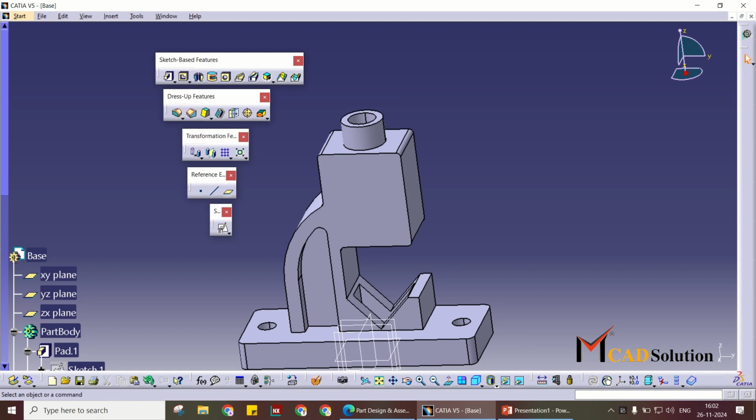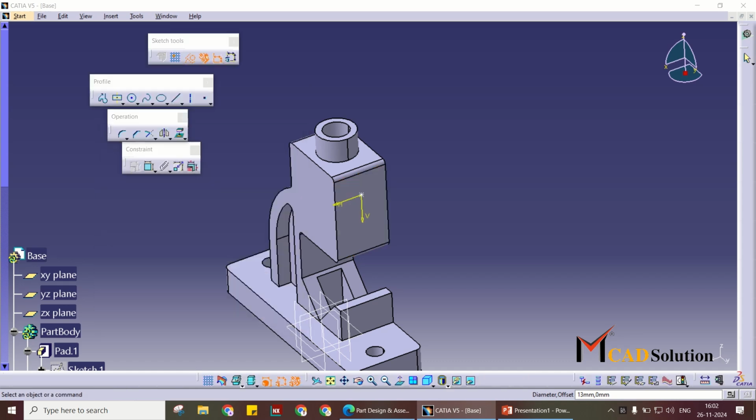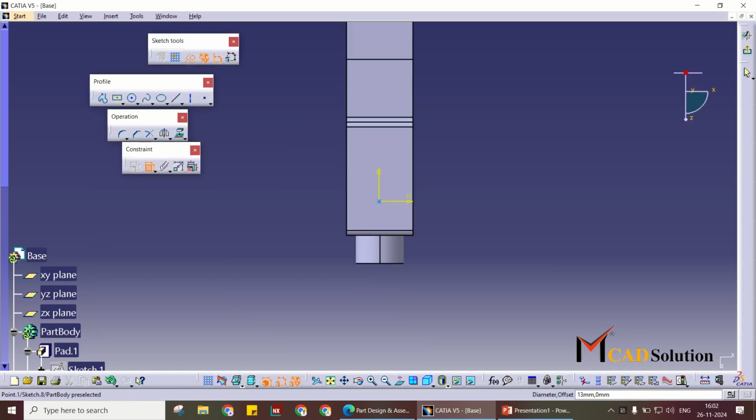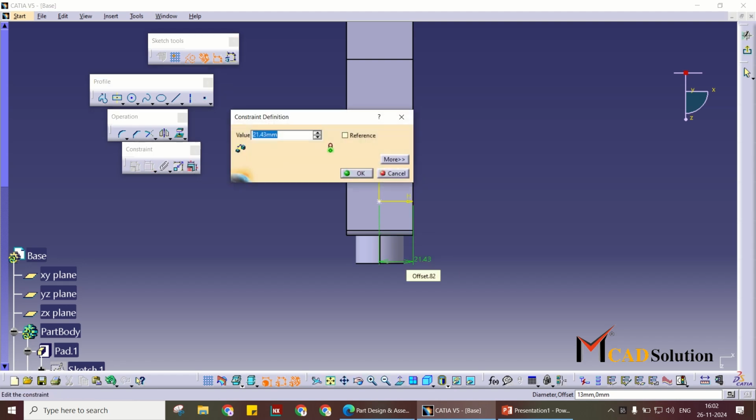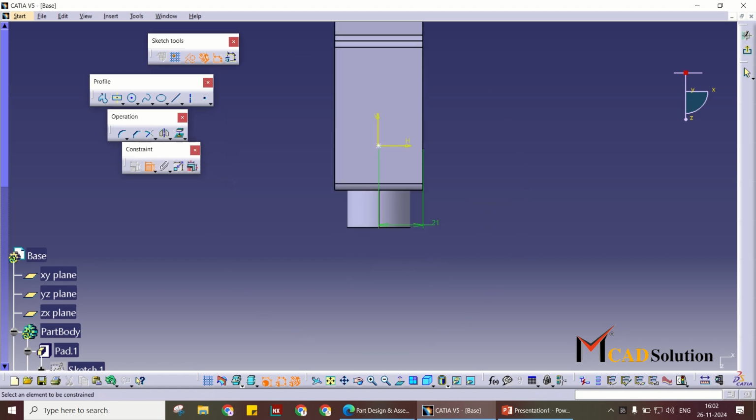another hole is given. Select hole command, this face, position this, divide by 2, from here to here it's 35.